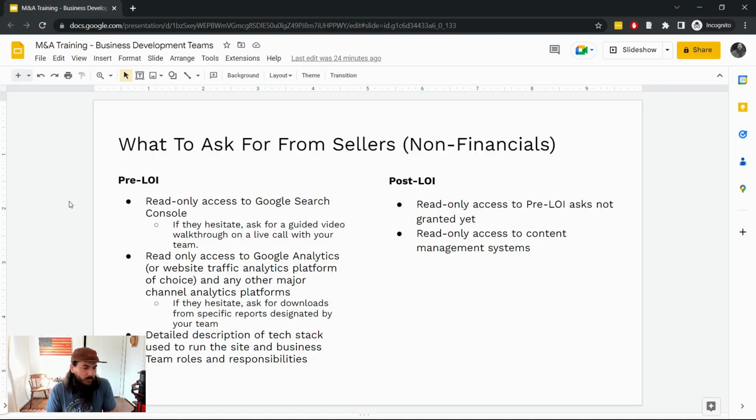that I like to look for and ask for both on the non-financial side and the financial side from the seller. So I've separated out my recommendations into pre-LOI or letter of intent and post-LOI. Obviously, the more information that you get on the onset, the more quote-unquote real your LOI is going to be. And that letter of intent can mean different things to different folks. It could mean basically nothing to some buyers, and it could be as close to a binding agreement as possible